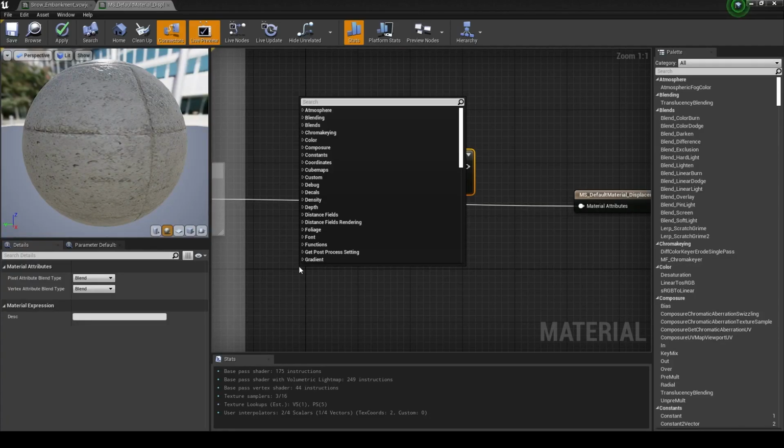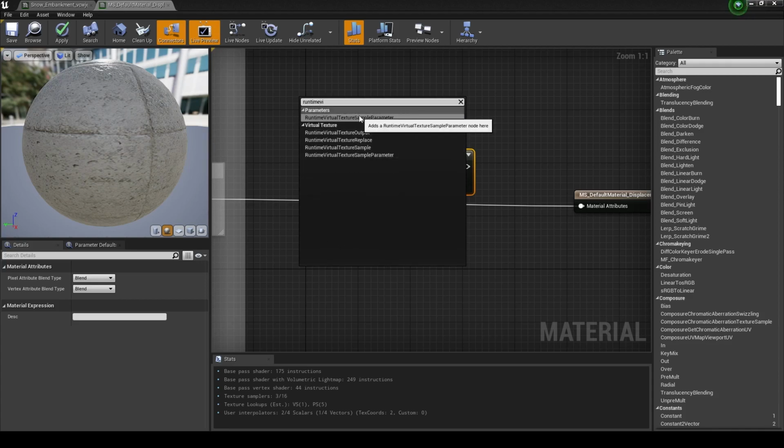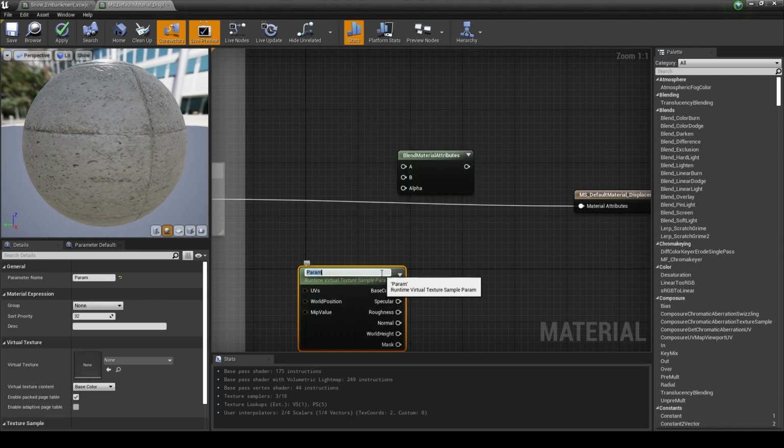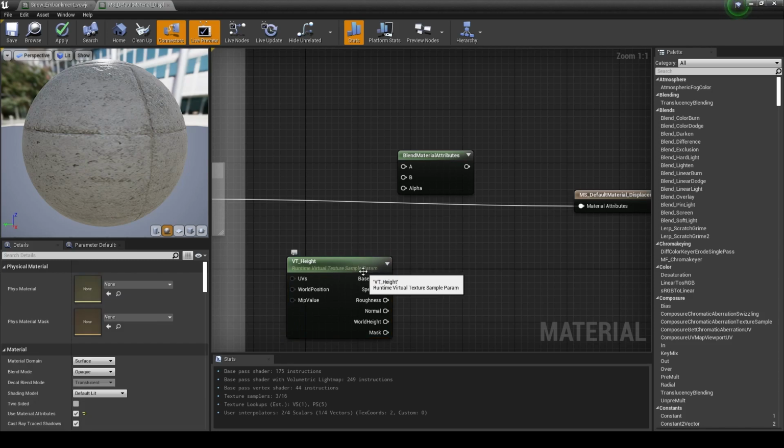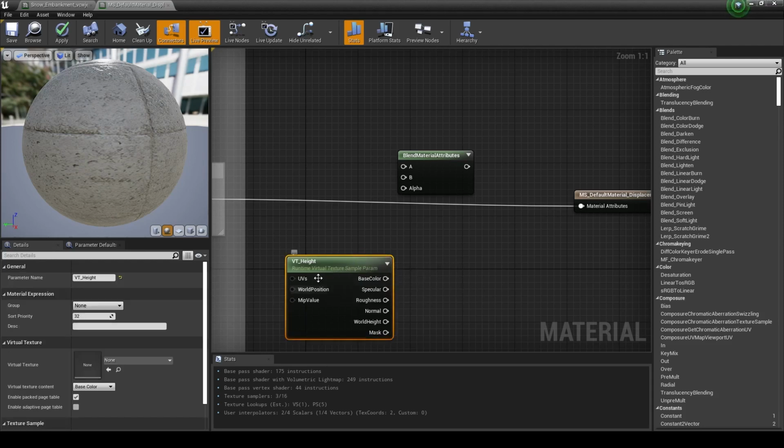So we can right click in here, and we're just going to search for runtime virtual texture, and we're going to do runtime virtual texture sample parameter. What that's going to do is that's going to allow us to choose which virtual texture sample we want to use. So we're just going to call this VT underscore height. And basically what this is, like I was talking about before with the parent materials, the master materials, whatever you want to call it, and material instances. When you make a parameter, which is what this runtime virtual texture sample parameter is,